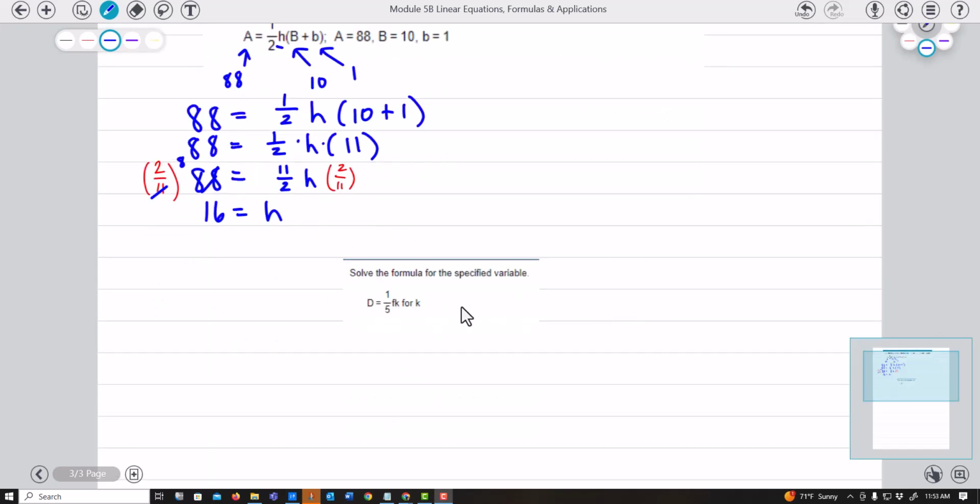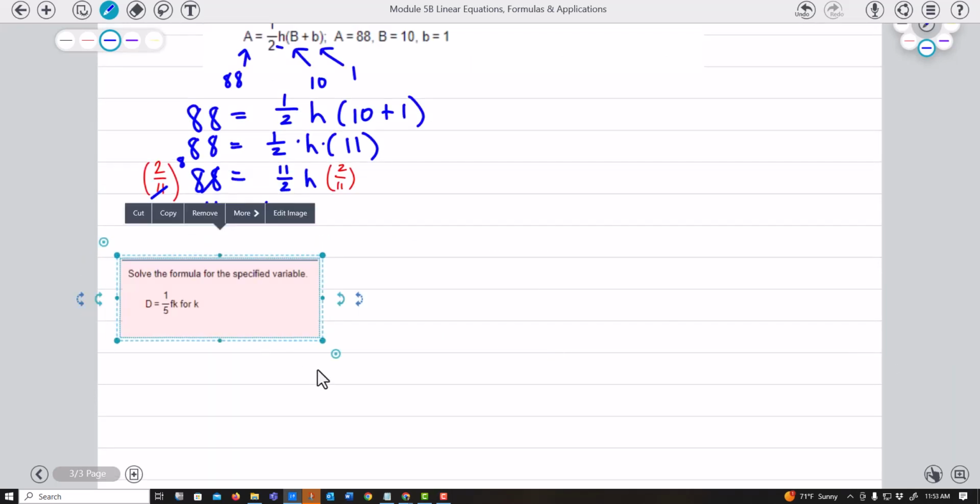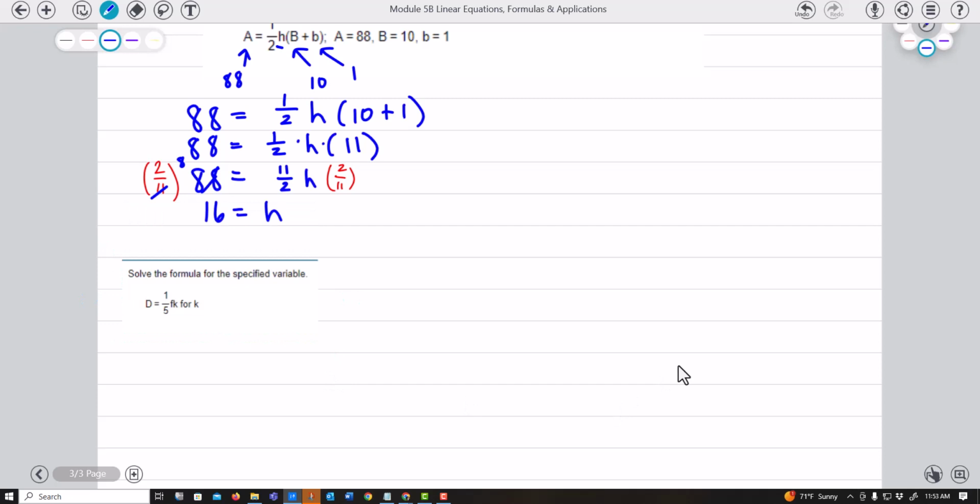All right, this next one here, let me just pick it up and move it over there. It says solve the formula for the specified variable. So it says to solve for k. So I have d equals 1/5 f times k. So probably the first thing I would do is multiply both sides by 5/1, because that would get rid of the 1/5. So I have 5/1, or 5d equals,